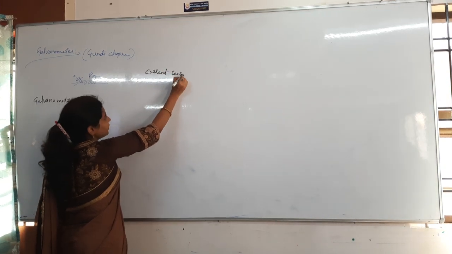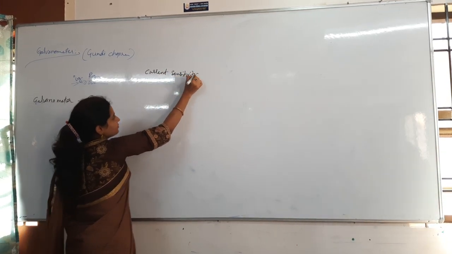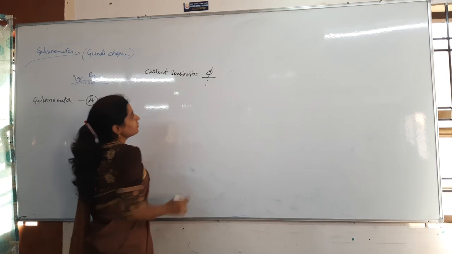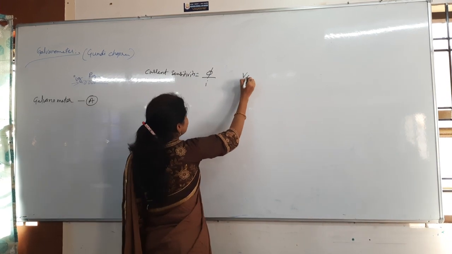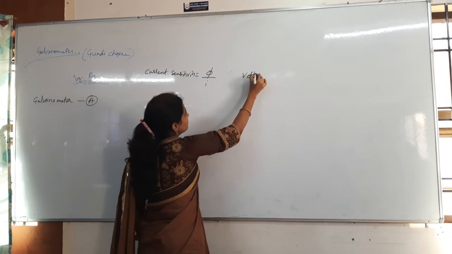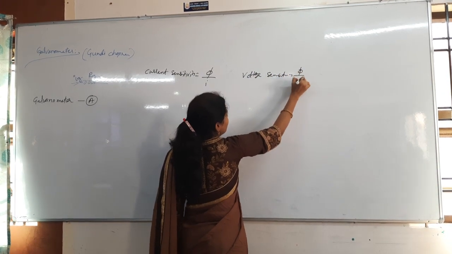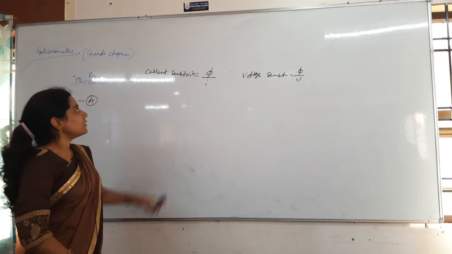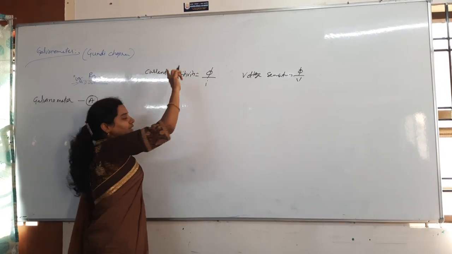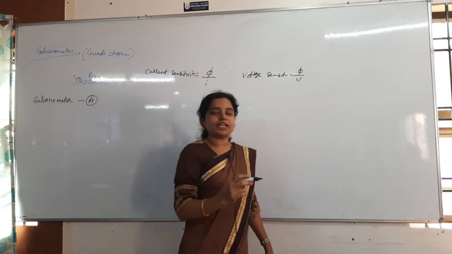What is the current sensitivity formula? Do you remember that? Phi by I. And then voltage sensitivity is? Voltage sensitivity is phi by V. Those are the two formulas we got, and before that, the galvanometer will work based on what I said, the magnetic